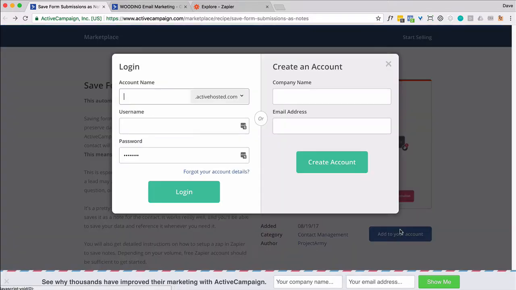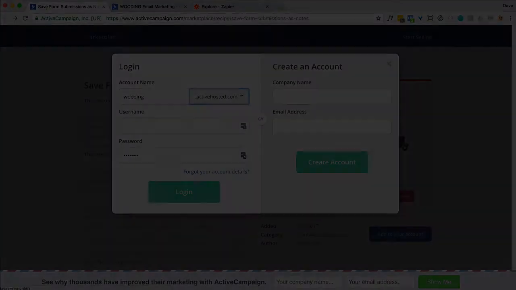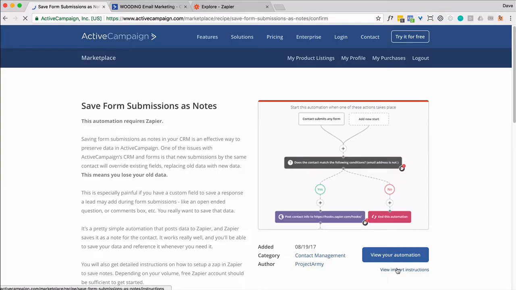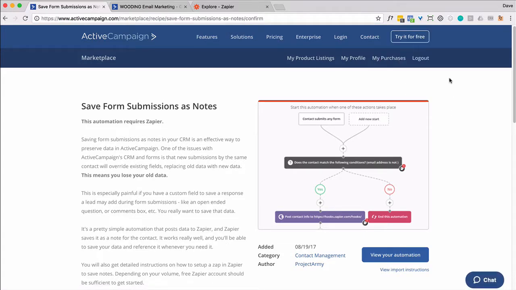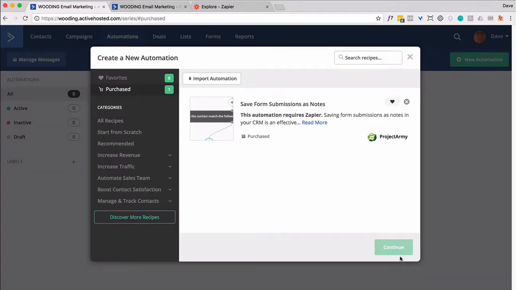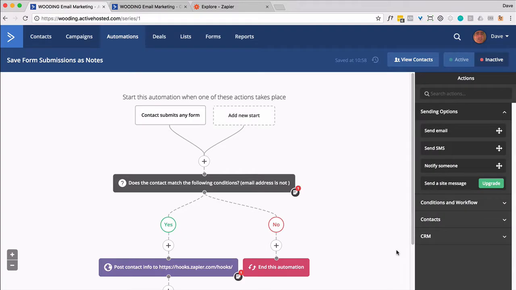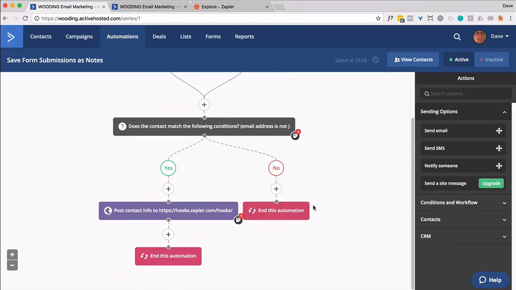account. So click on Add to Your Account, and I am going to add it. There's instructions, and the most important part is you're going to want to actually get the PDF that shows you how to set it up, especially with inside Zapier. So I'm going to go ahead and continue. First thing I'm going to do is I'm going to make it active. There, as long as the email is not empty, and really it shouldn't be anyways, I'm going to just leave